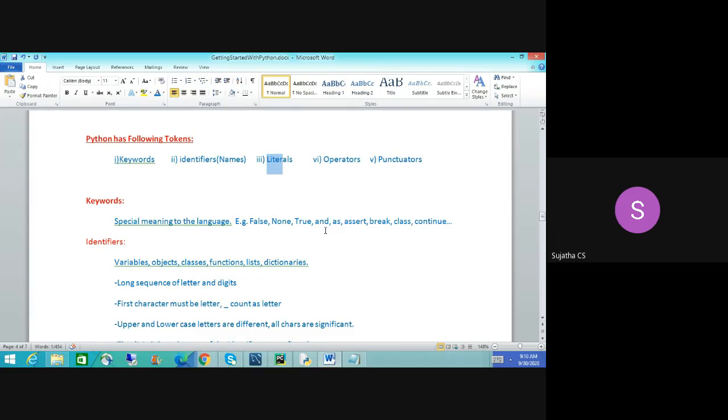When you write a program, you are going to use some of the keywords. When you use those keywords, you cannot change them to small letters or capital letters. As defined in our textbook, they are case sensitive. Okay, then